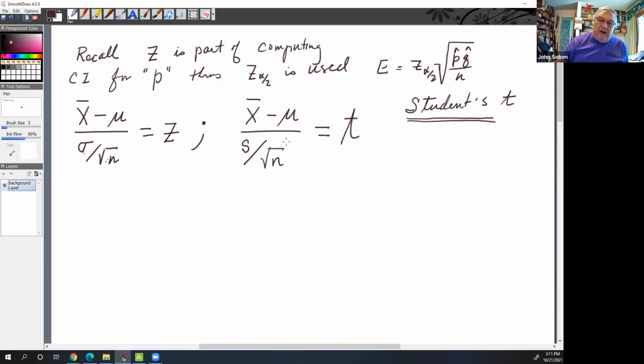And Gossett realized that by estimating this value, estimating the population standard deviation with s, he no longer had a Z distribution, he now had a t distribution. And Gossett knew full well what it looked like. And what it looks like is this. Student's t distribution is centered on 0, and it has a shape